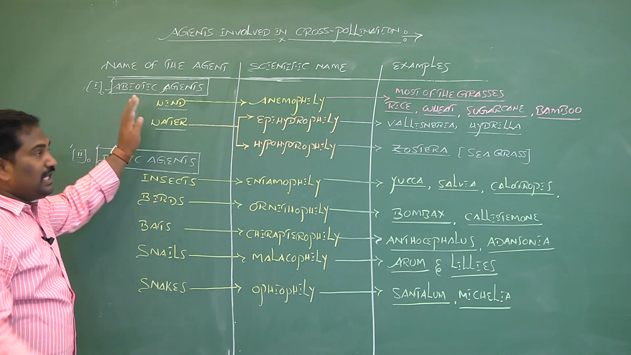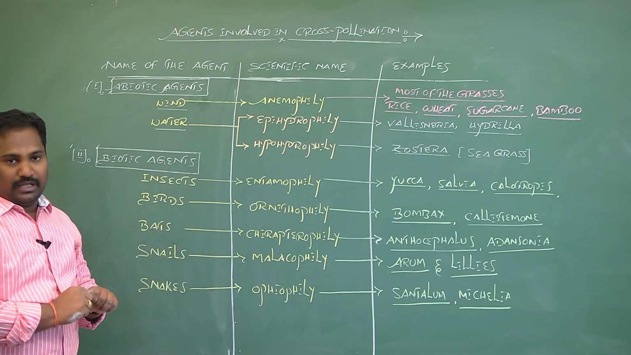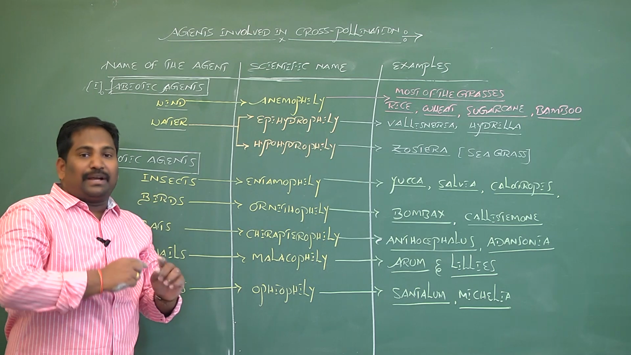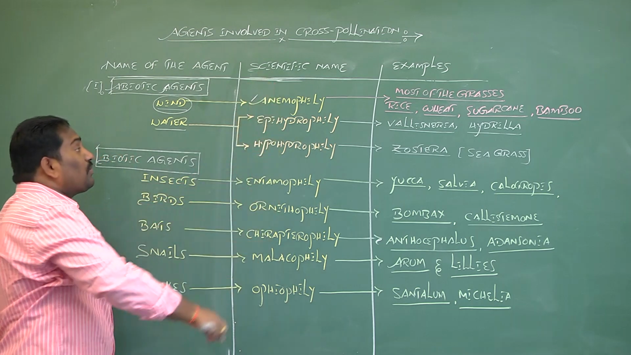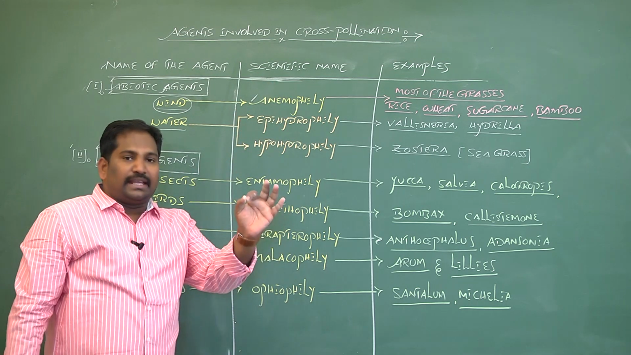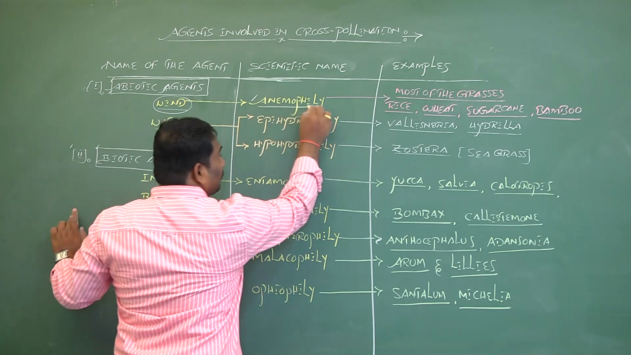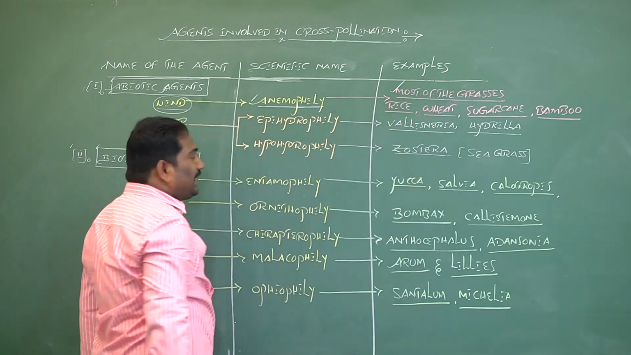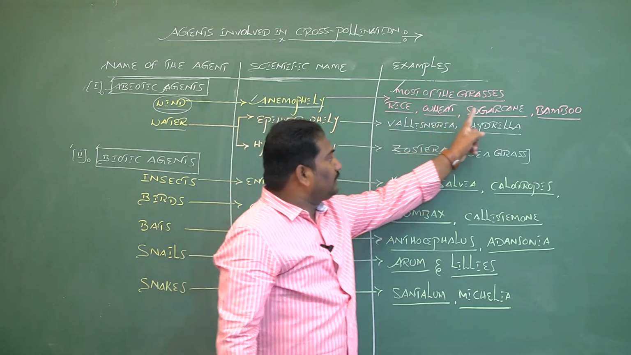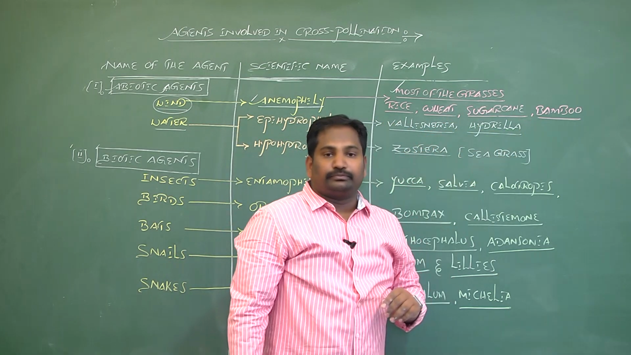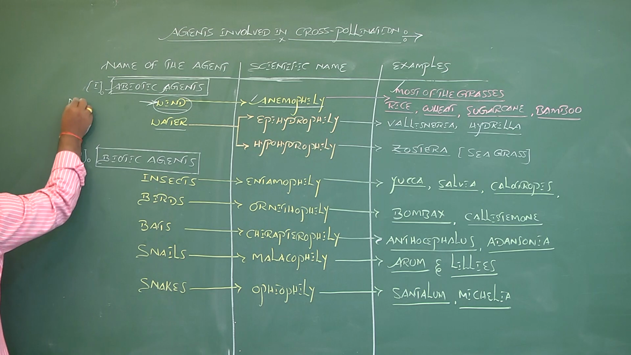If cross-pollination takes place between two different flowers or two different plants by the abiotic agent wind, it is called anemophily. Anemophily is most common in grasses. Example, rice, wheat, sugarcane, bamboo. Out of these two abiotic agents, the most common is